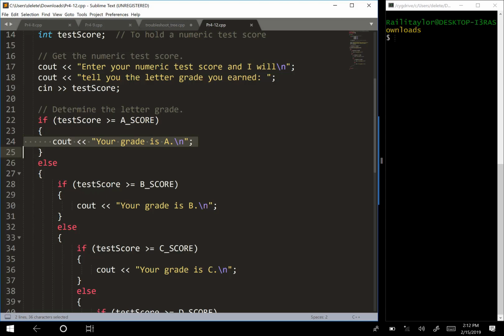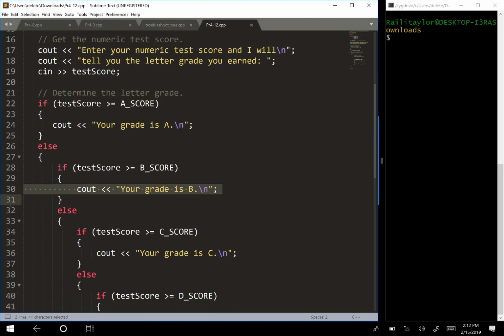Else, if the test score is greater than or equal to B, it's going to output your grade is a B. So this one tests to see if this test score is greater than or equal to 80. And you might be like, well, wait a second, if they have 95, isn't that greater than 80? Well, if it executes this if statement here, it's going to skip this else statement, so the rest of this